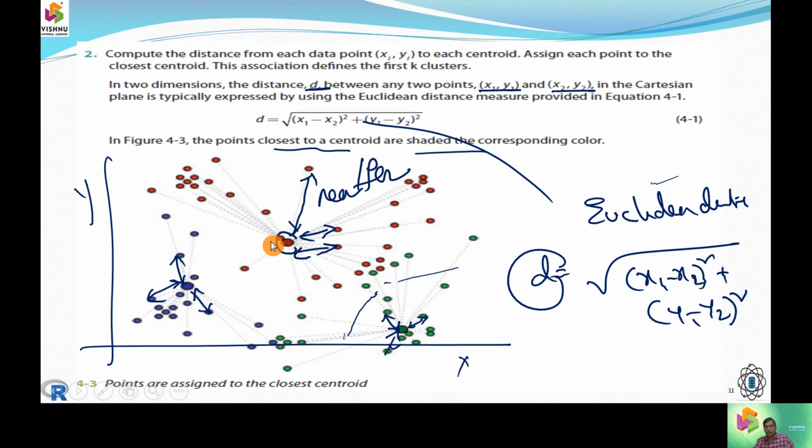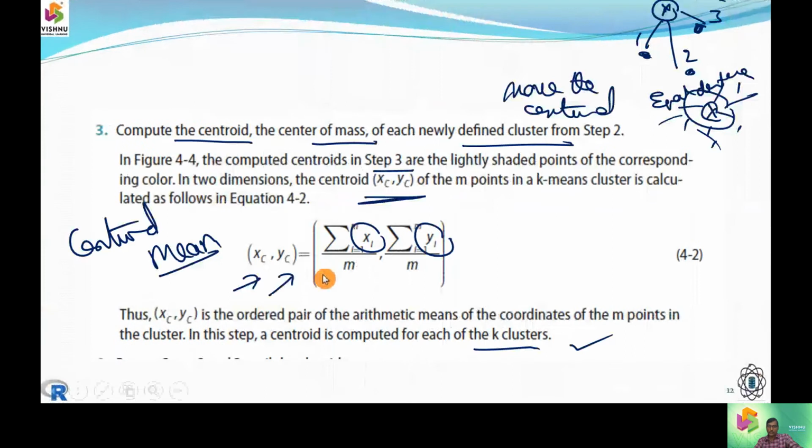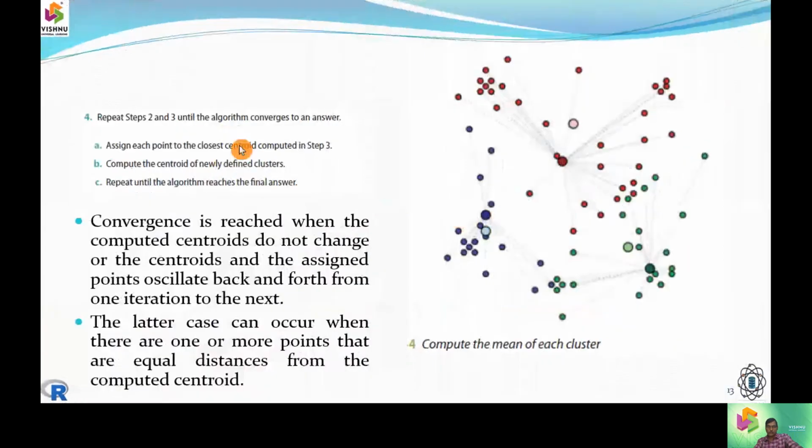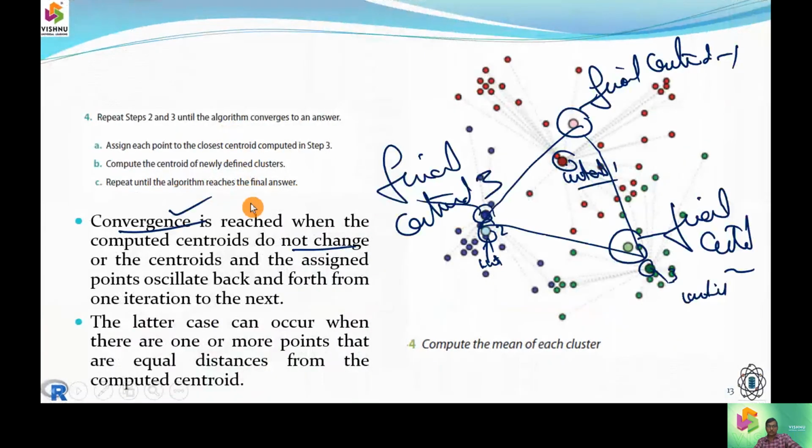How I am going to compute the distance is based on a similarity metric called the Euclidean distance. With the Euclidean distance to each set of centers, we are going to compute the item. The centroid need not be an existing data point. It can be anything. Now we are going to compute the center points for however many means we want. Based upon that, we compute, and we iterate this until we get a final convergence, the final answer.